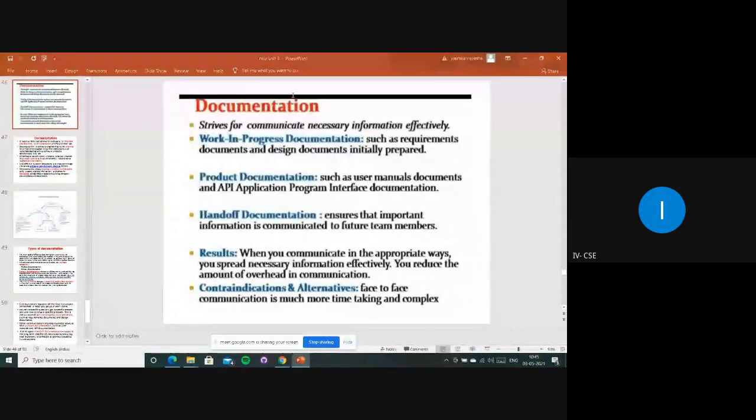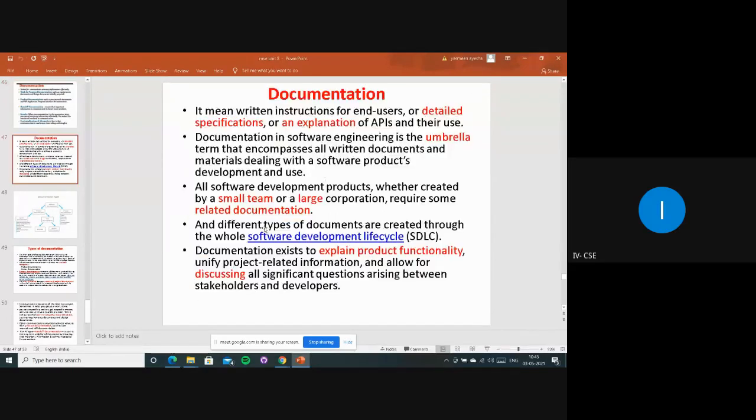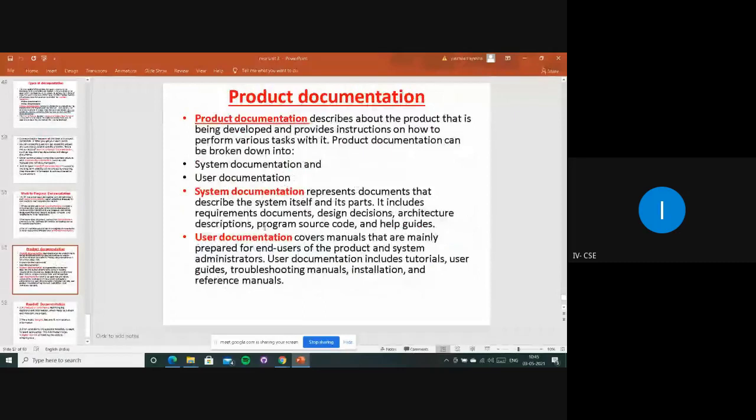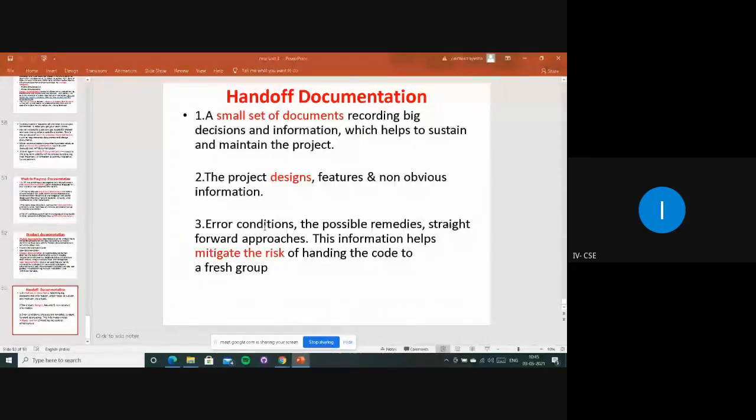So what is this handoff documentation? It ensures that important information is communicated to future team members. It means important information is noted on a single paper so that it can be communicated in the future.